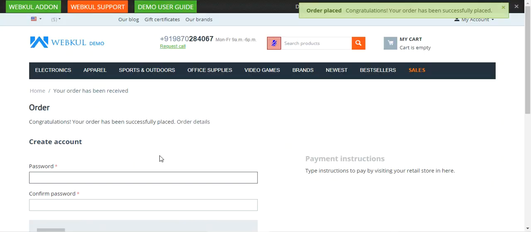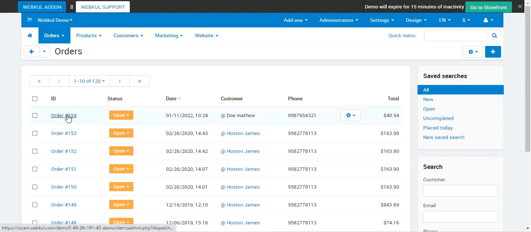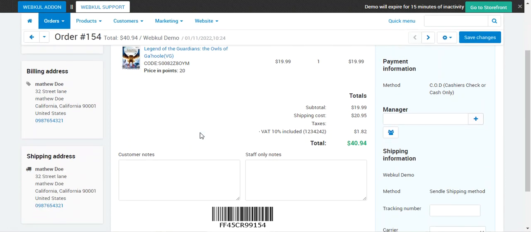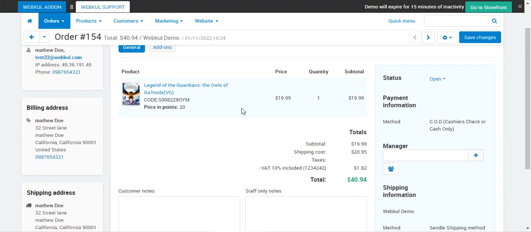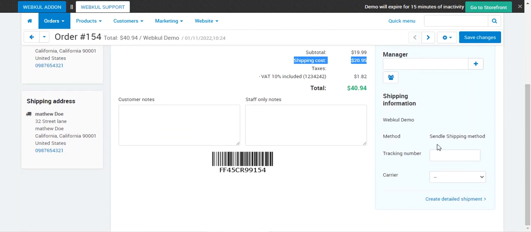And here we see that the order has been placed successfully, and we have the order number 154. Let's open the order, and the customer is Doe Matthew. Here is the same product, Legion of the Guardians. Here's the shipping cost, $20.95, and on the right hand side you can see that the method chosen by the customer was Sendle